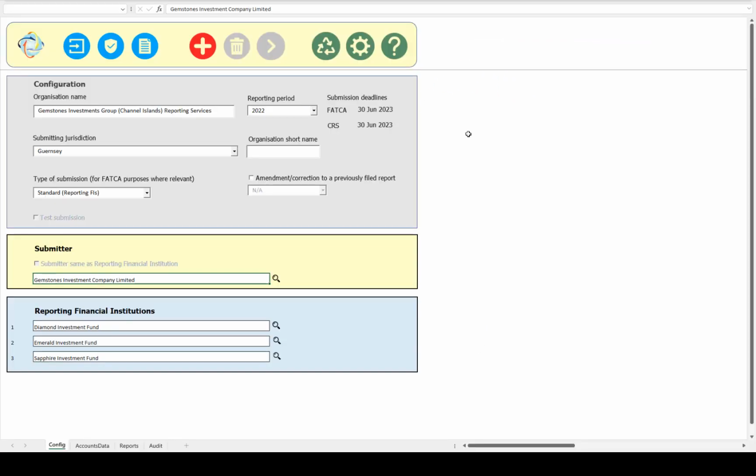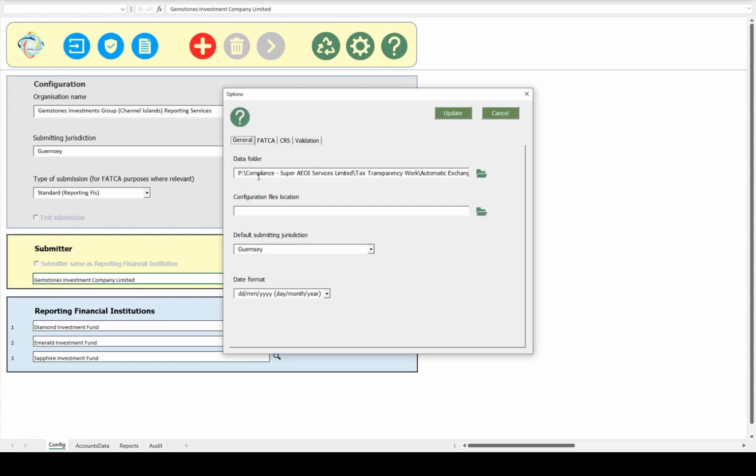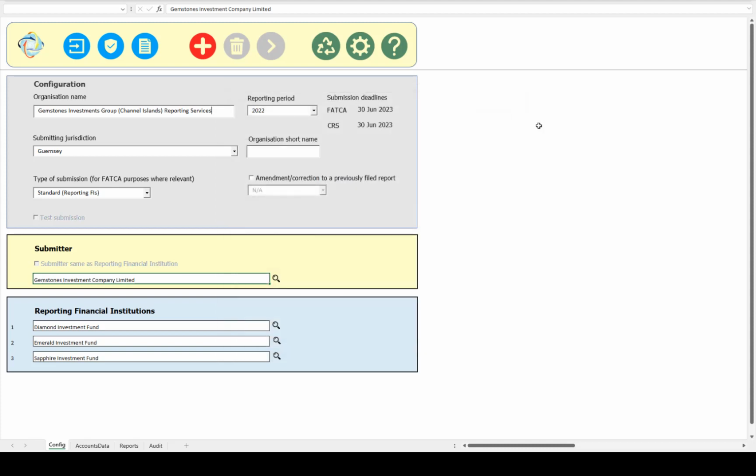So that process and that logic has been working successfully for some time. However, we noticed that if we have a very long organization name and possibly also a long data folder, there were issues with the saving of the files. Microsoft have an overall limit in Windows that a file name cannot be longer than 256 characters. And what we were finding was that with those long file paths and long organization names, in some cases our file names were too long and couldn't be saved.